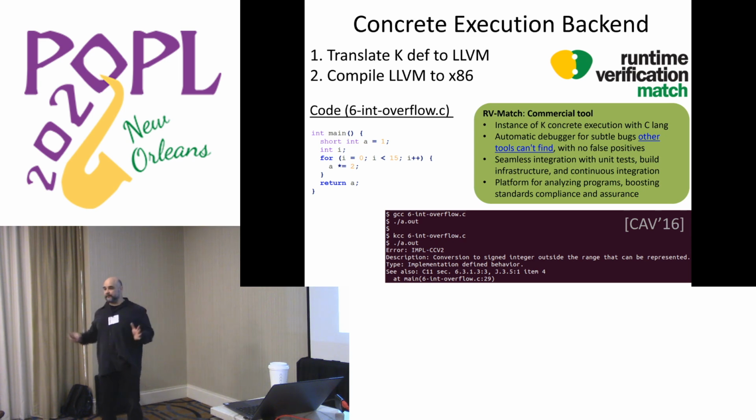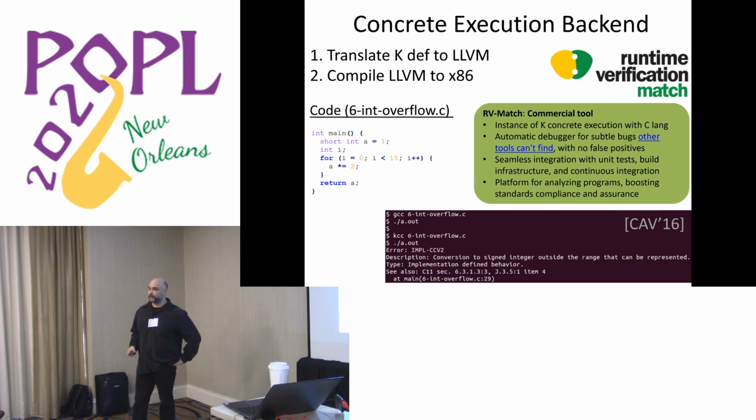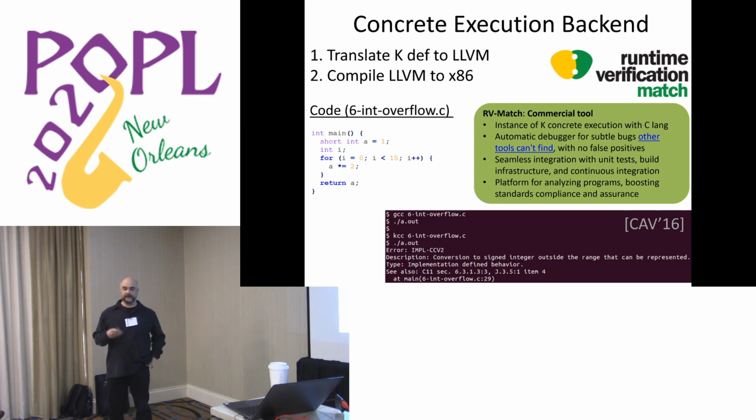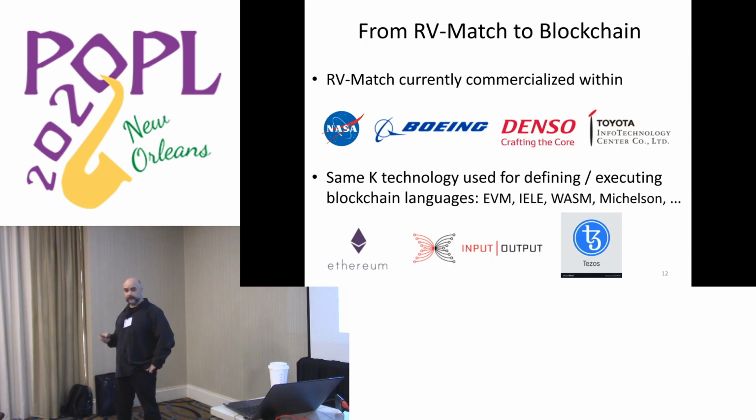And then we wrapped everything into a tool called kcc. If you're a C programmer, you think of it just as a drop-in replacement for GCC. But what happens under the hood is that the program is actually executed with the interpreter generated from the semantics. And when you run your program, you get errors like this, which are pretty useful to developers. There are also pointers into the C standard; you can click on those and it takes you to the C standard, showing you why the behavior is undefined. And this is good enough to be used by several companies, actually, in terms of performance. I'll give you numbers later on.